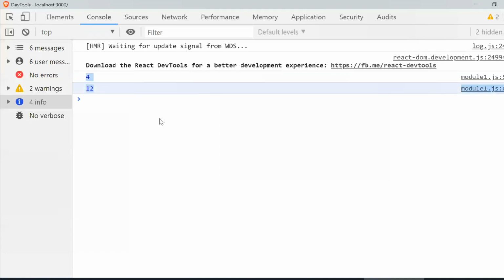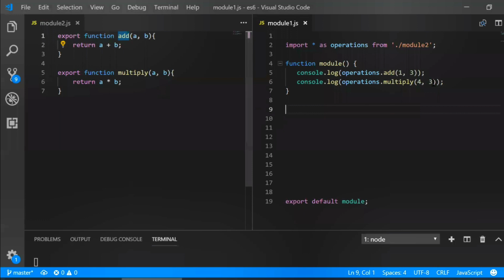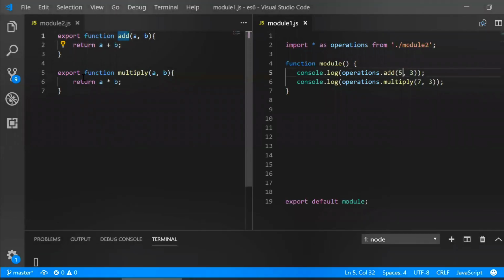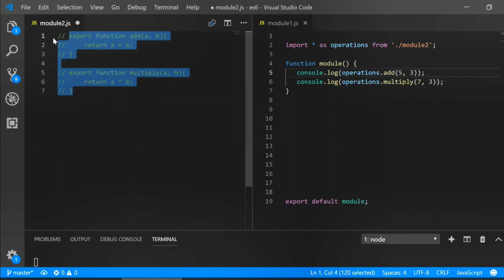So let's change the value, because from that time we are seeing the same value, right? Change the value and see whether we are getting, yeah. So we'll see the result. Yeah, so we are getting the expected result. Now let's see about the default export. I missed this topic, so about the star thing. So now after this we will see the default export.